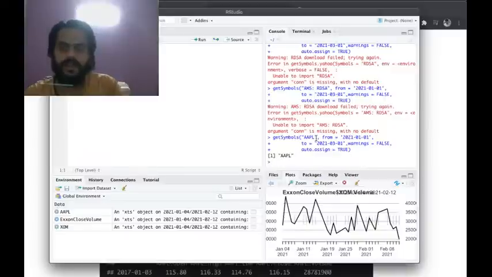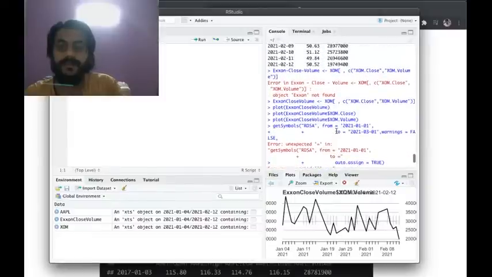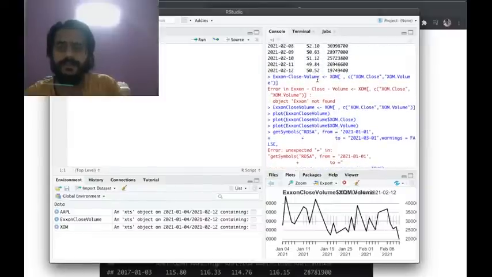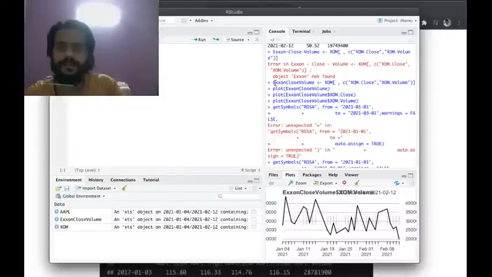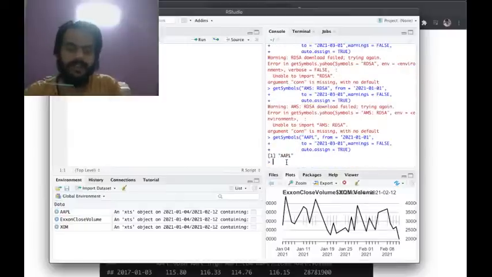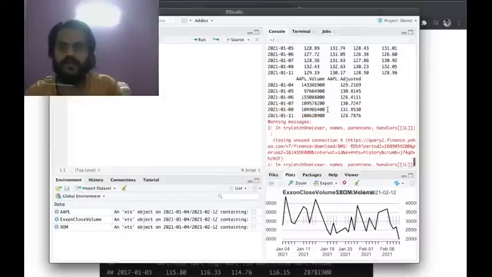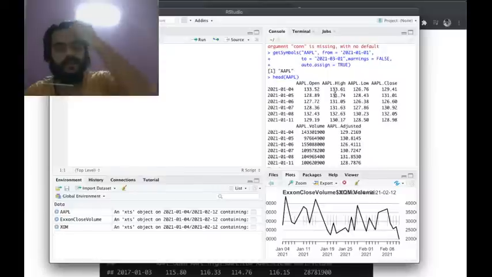It has been loaded. So we need to get the load and volume of the, we must follow this method to get that. And the next, now with